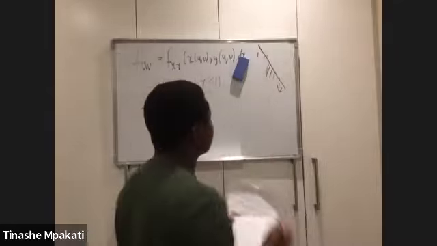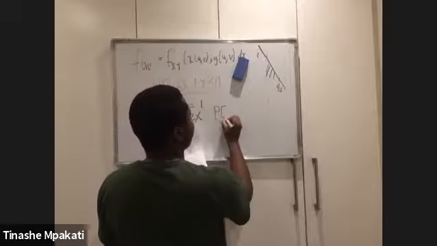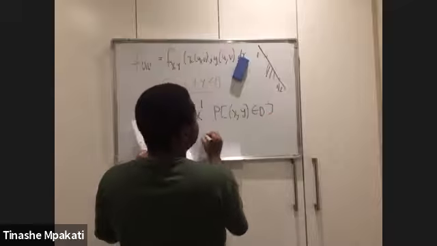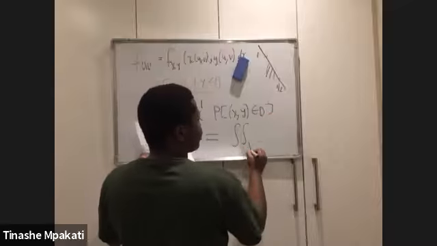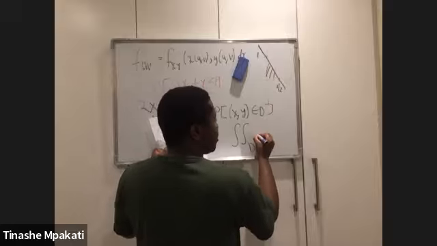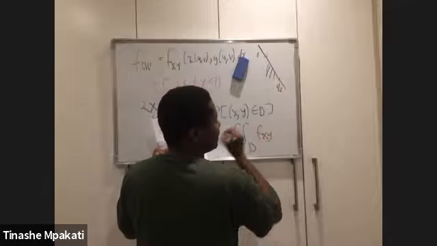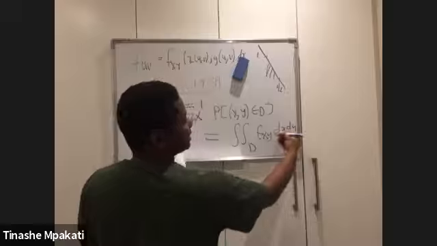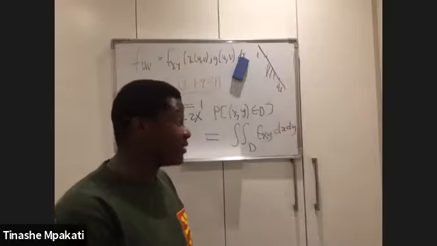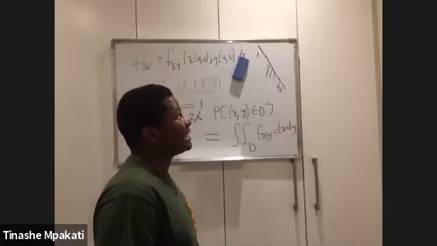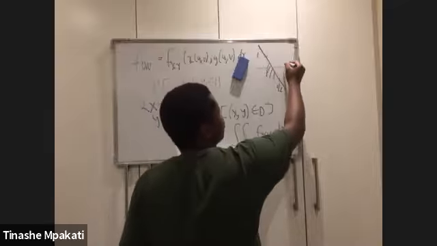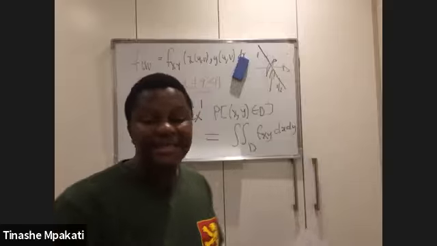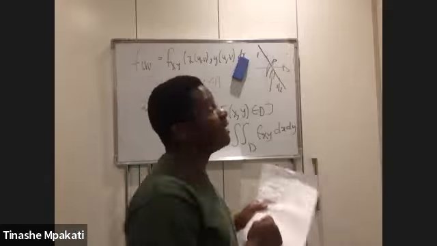All you then have to do, using that small formula that I wrote earlier on, remember, I wrote that the probability that your x and your y here are an element of some region is simply equal to the double integration over that region of the joint PDF of x and y with respect to x, with respect to y, and this depends on whatever you prefer to start with or to end with. But a small guide is that, remember again, as much as you're going to draw lines like this to see how your x and your y are moving, what you want is that the outer bound should be